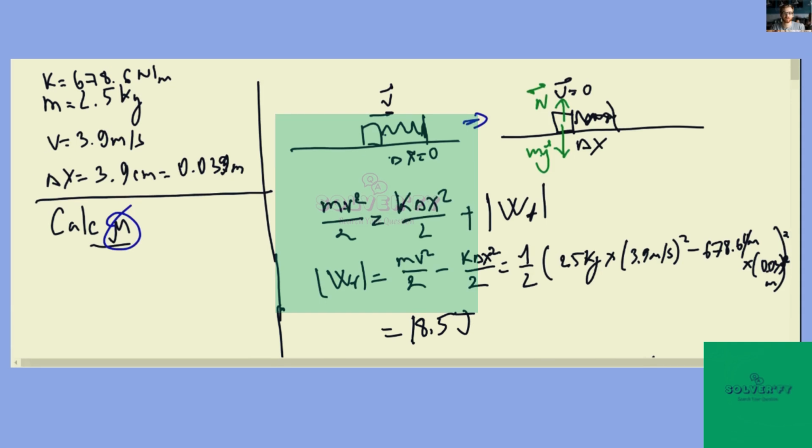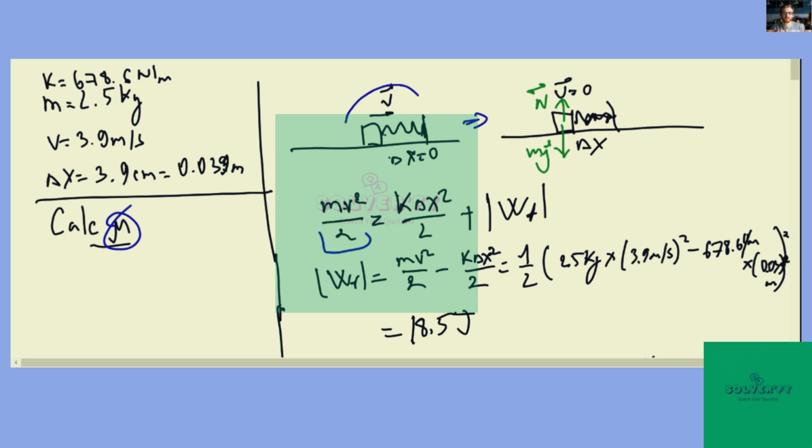So find the coefficient of friction between the block and the rough surface. If the block sliding with a velocity of v faces a spring and compresses it by 3.9 centimeters. So it basically means that initially the system has only kinetic energy of the block, which is mv squared over